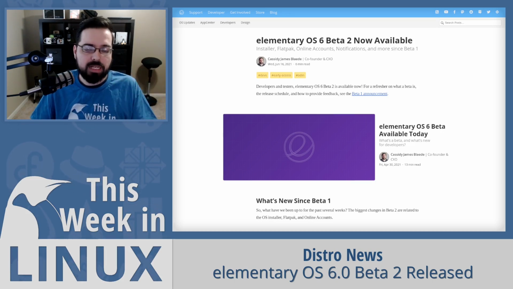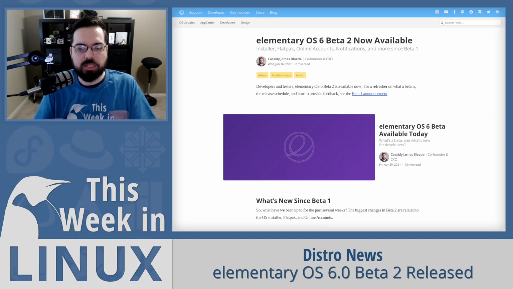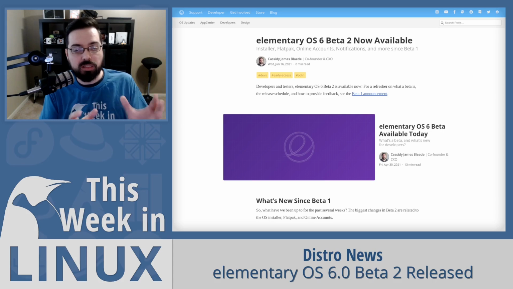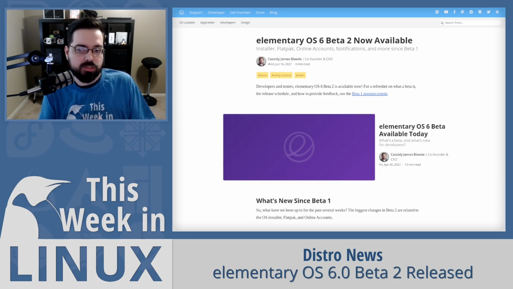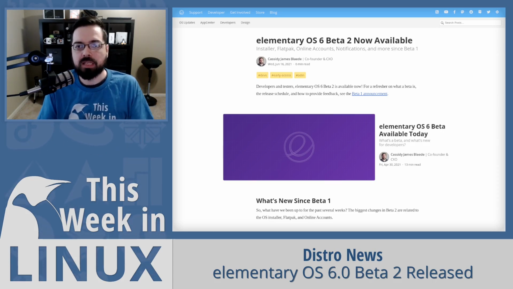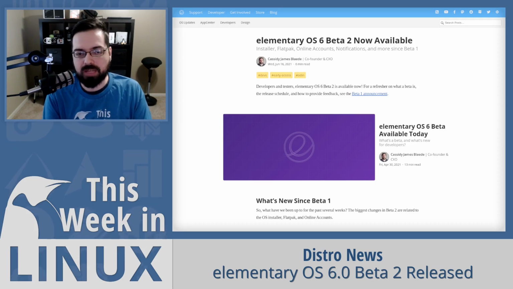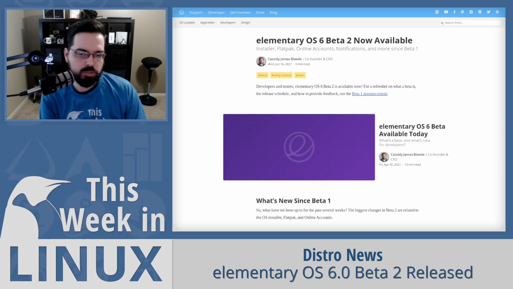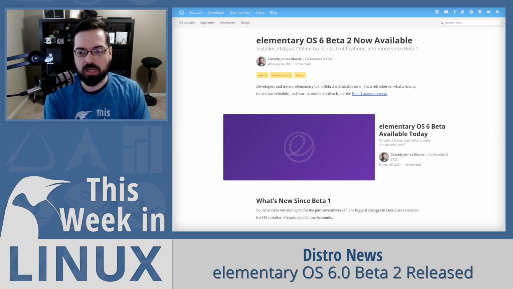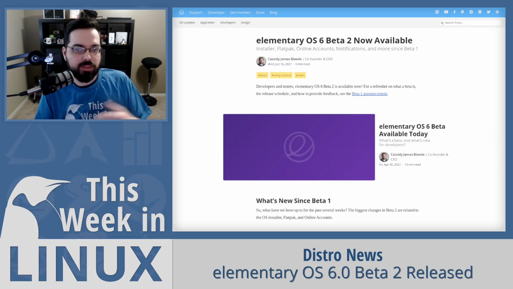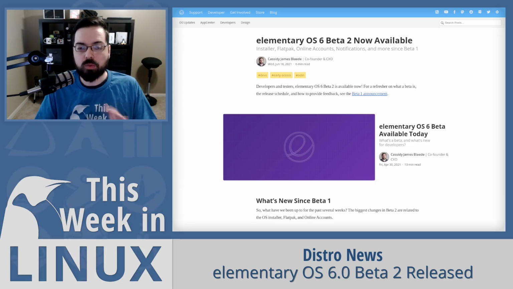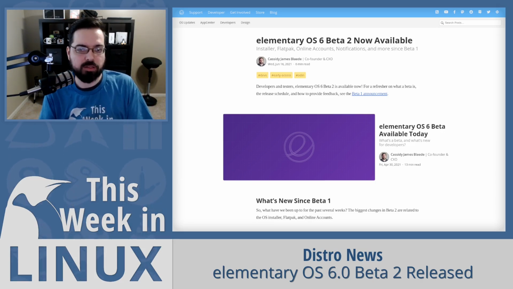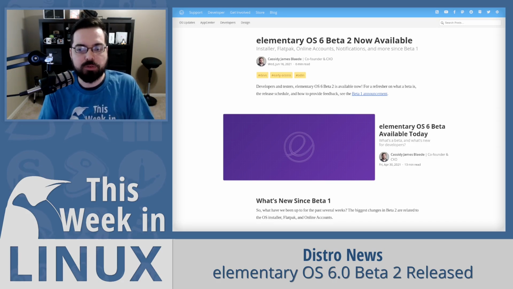Now, this is great, and I think it's fantastic because it shows that there is potential for these applications that a lot of people like to be available not just on Elementary OS. That's one of the things I was super excited about with Flatpak, but it also means it's more of a universal approach. They could do all sorts of stuff without having to worry about whether it affects the apps in their core system, which is a really cool idea. So I'm very much looking forward to seeing what happens in the future with all of that.